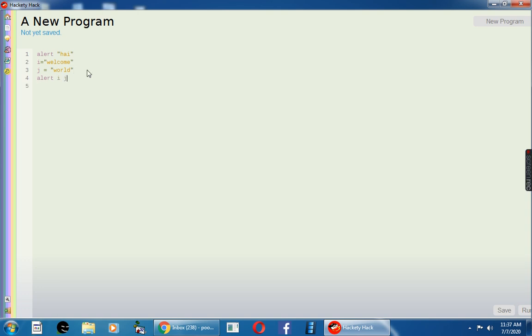I space J. Only for I, it will display the answer. For I and J, no answer. So the alert command will take only one variable at a time. Okay. So to display J, we have to give it separately. Hi, hello, world. So these are the common mistakes we usually do.